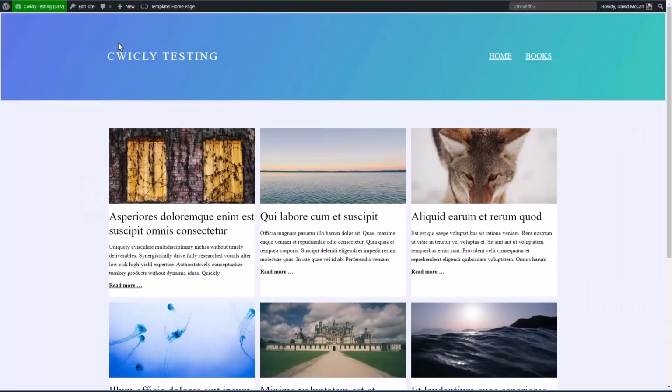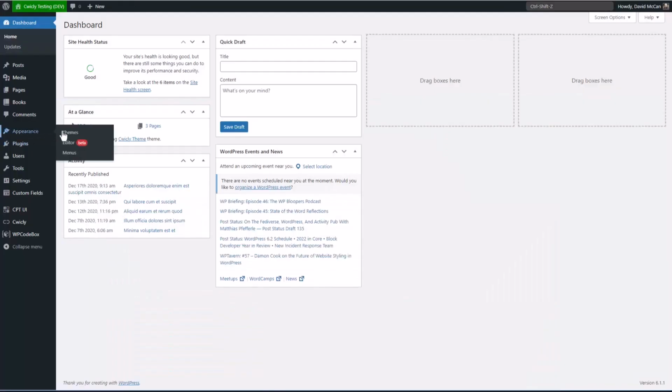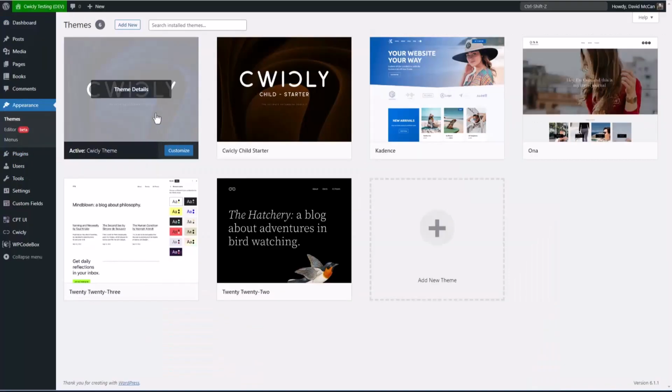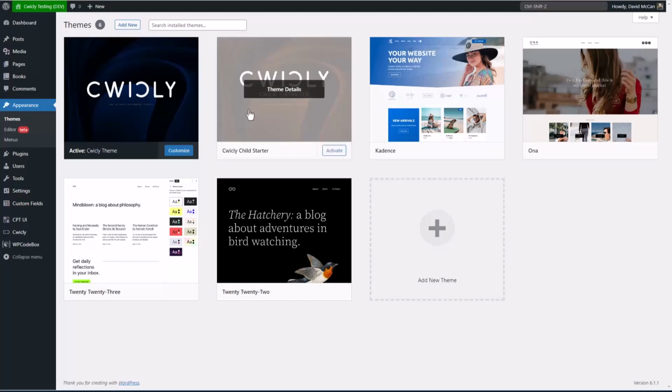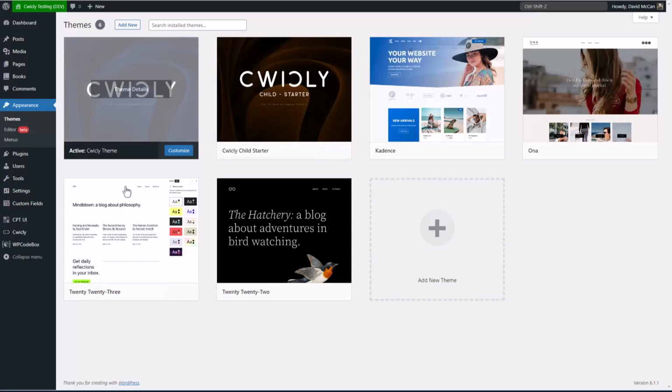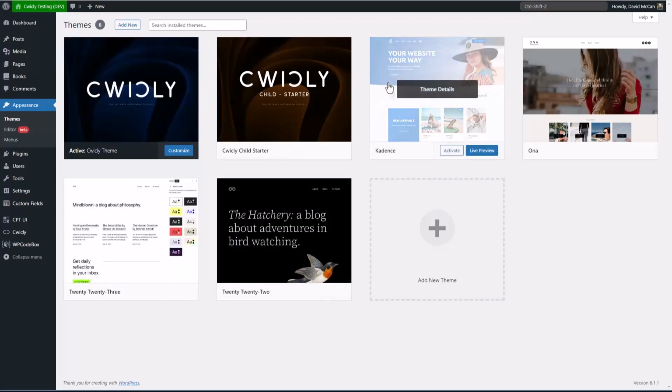I have a testing site here. This is actually using the Cwicly theme, and let's go and look at the admin. Cwicly comes with a theme. You can see I have the Cwicly theme here. And the Cwicly theme is a bare bones minimalist theme. The idea is that you're going to create your own templates using the full site editor when you're using the Cwicly theme. Now Cwicly will also work with other block-based themes, and Cwicly blocks work with regular classic themes like